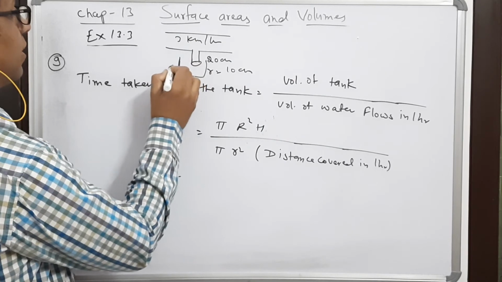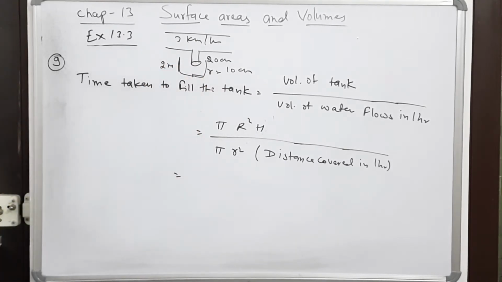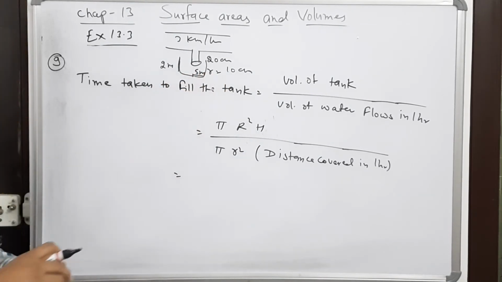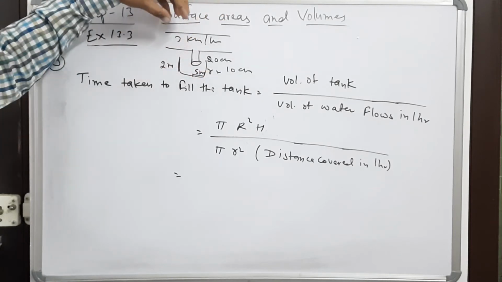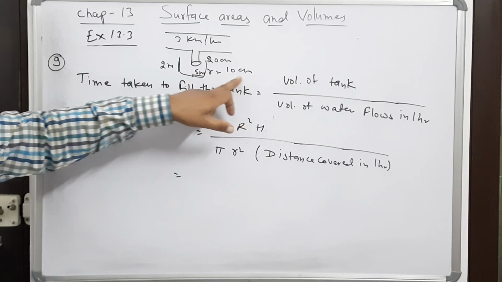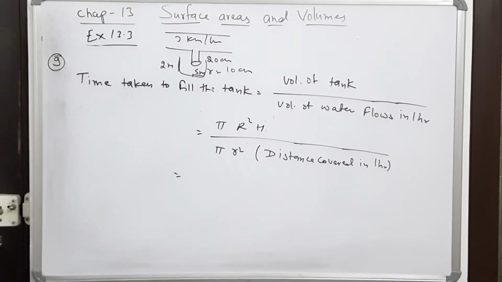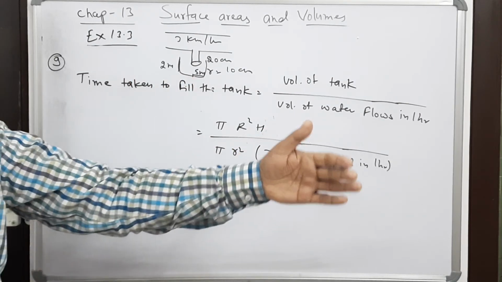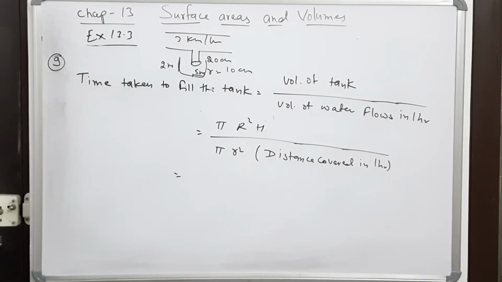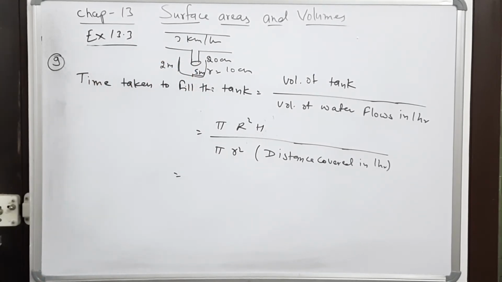The height of the cylinder is 2 meters and the diameter of the cylinder is 10 meters, meaning the radius is 5 meters. The canal is flowing, one connection is taken from the canal through a pipe of radius 10 centimeters and this water is poured in a tank. The tank is 10 meters in diameter, so 5 meters is the radius, and the depth is 2 meters. We have to find out how much time this pipe will take to fill the tank.